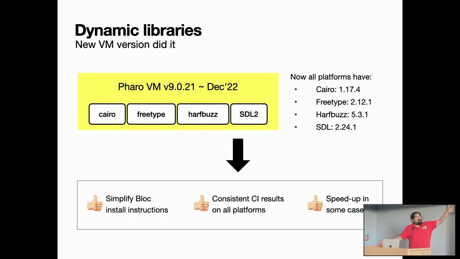These are the versions that we are using now. This simplifies the Bloc installation, because now installing Bloc only requires installing Smalltalk code in your image. The dependencies were already there in the VM, because we didn't add any new library except HarfBuzz, since Cairo, FreeType and SDL were there already, used by the Morphic backend. But we have a single set of versions for all the platforms. We have consistent results